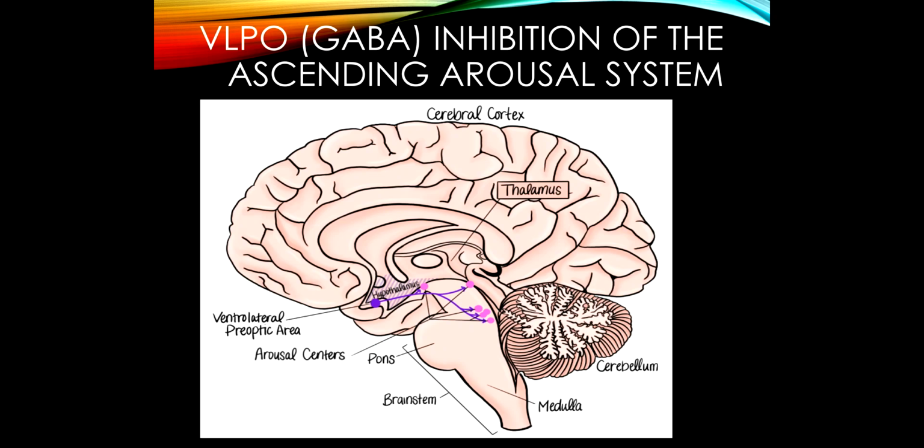Okay, but in terms of the ventrolateral area, this area inhibits all of these areas here in the midbrain and the pons that are part of the ascending arousal system. All right, so it will shut down, for example, areas that are releasing dopamine or norepinephrine or serotonin. So this is very important. This is overactive during sleep to shut down all of these areas of the ascending arousal system.